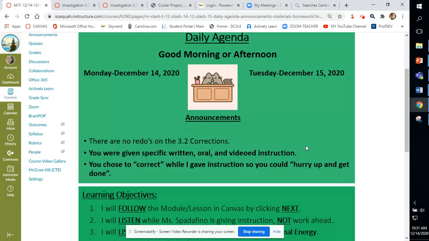Unfortunately, some of you are in such a rush to get done that while I was giving instructions, you were just trying to do the corrections and you didn't follow all the directions. Like if things were correct, you were supposed to tell me why they were correct. And some of you just put no corrections, and that was the end of it. Not giving you 10 summative points for you to just write no corrections.